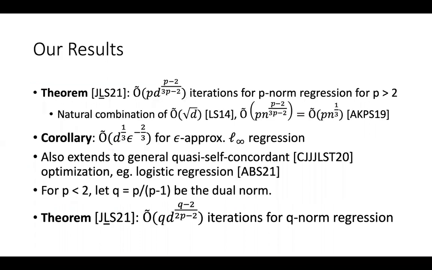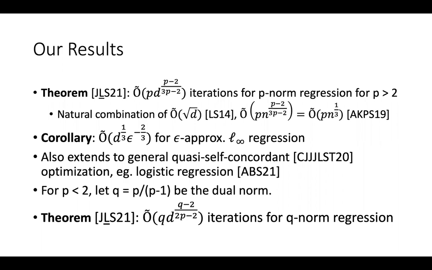Our results in the context of iteration complexity are that we give an algorithm which runs in p d to the (p-2)/(3p-2) iterations for p-norm regression for p greater than 2. This is a natural combination of the results of Sidford, which ran in O tilde square root d iterations, and O tilde p n to the (p-2)/(3p-2), which is like n p to the 1/3, due to AKPS. As a corollary, we derive that you can solve epsilon approximate L infinity regression with a